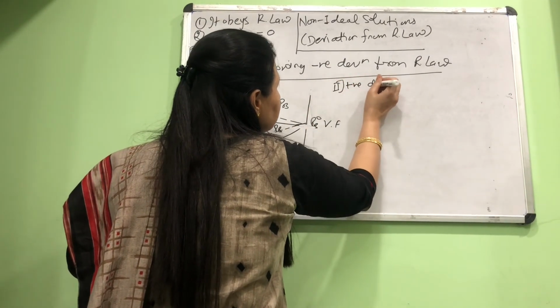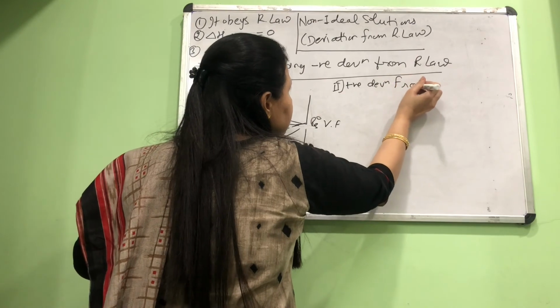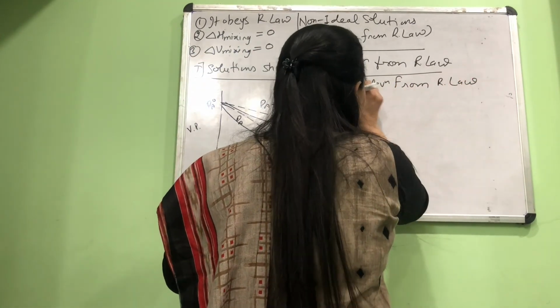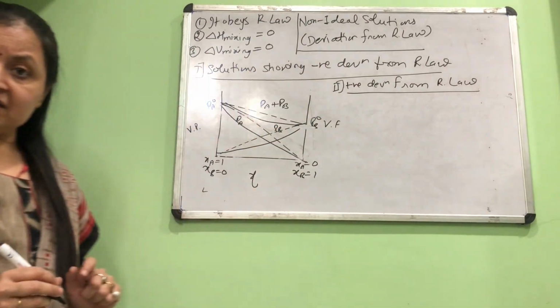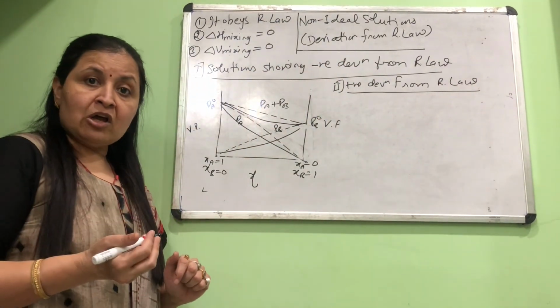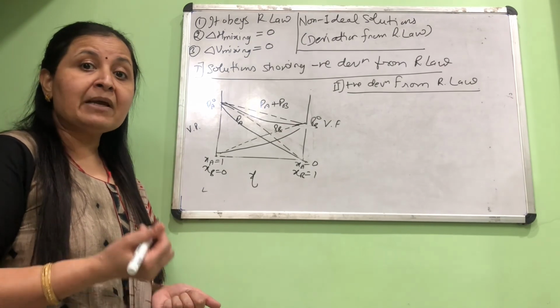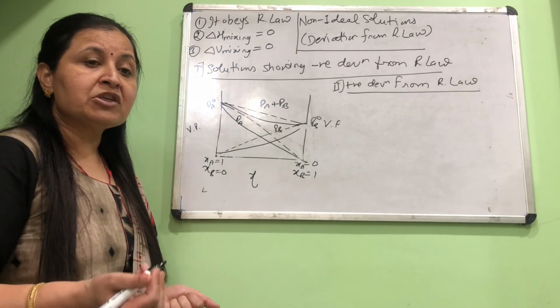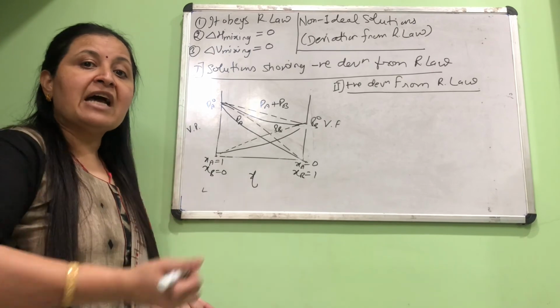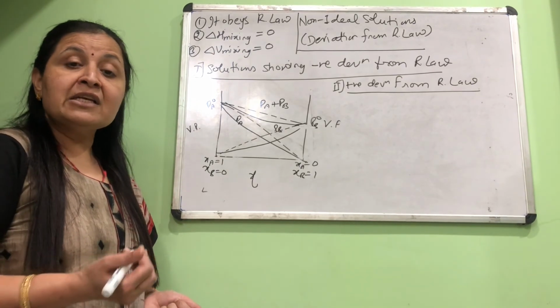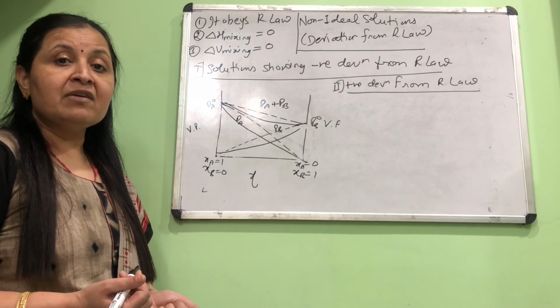Okay, now here itself I tell you there is another kind of solution which is showing positive deviation from Raoult's law. Very easy to understand. The name itself suggests what such kind of solutions must be doing. In positively deviating solutions from Raoult's law, the observed vapor pressures are more than what you expect. आप एक particular mole fraction के लिए एक partial pressure expect करते हो, उससे ज़्यादा value आप observe करोगे. तो ऐसे solutions को आप कहोगे these solutions are positively deviating from Raoult's law.